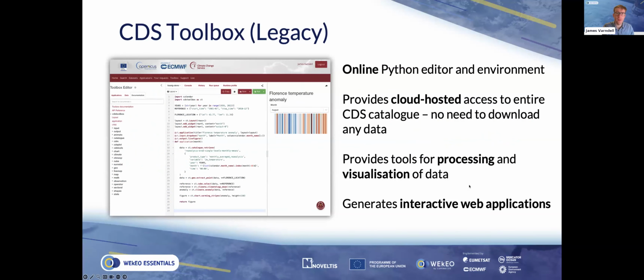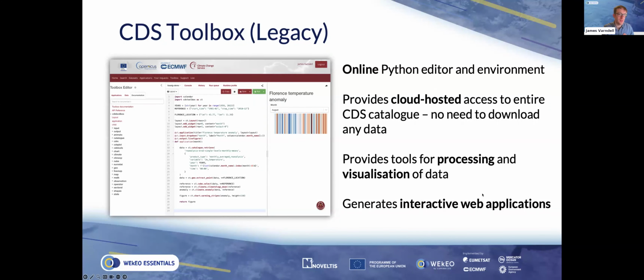So I'm going to start with a little bit of history first as to where Earthkit comes from in the context of Copernicus. Some of you who have used the Climate Data Store before may have been familiar with the CDS Toolbox, which used to exist in the legacy CDS. This was an online Python editor and environment which provided cloud-hosted access to the whole catalog of Climate Data Store datasets. With no need to download any data yourself, you could process everything online. And it provided a broad suite of tools for processing and visualization, and it would generate interactive web applications at the end. So it's quite a popular tool, something that a lot of users of the CDS enjoyed,